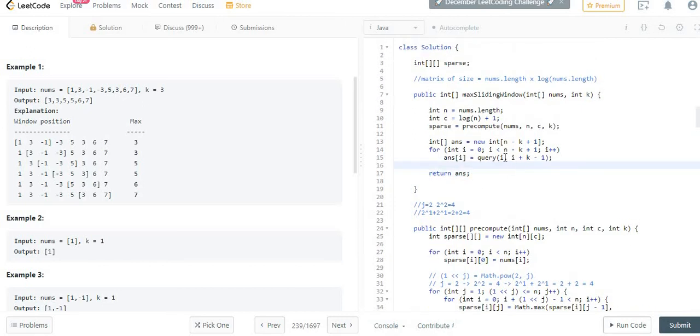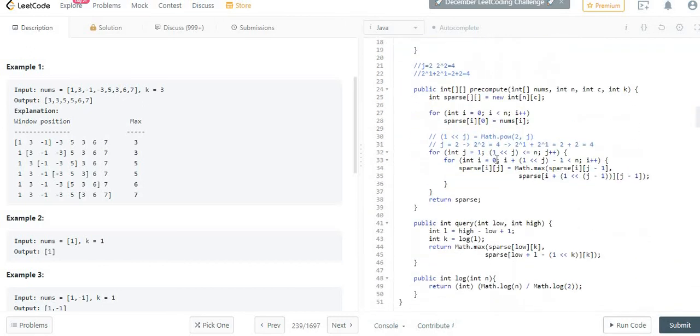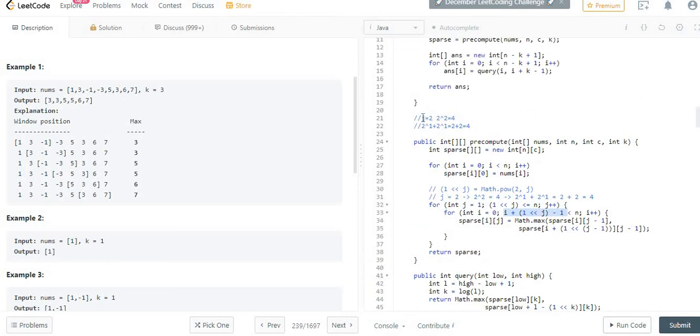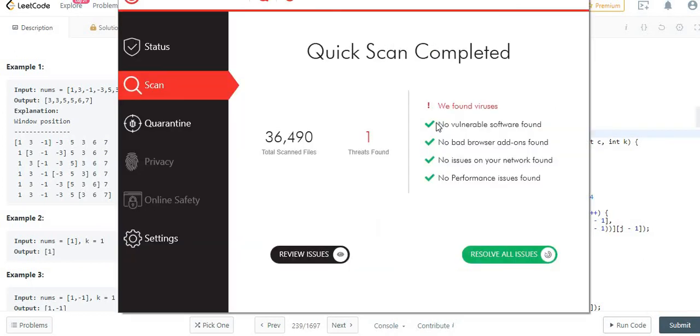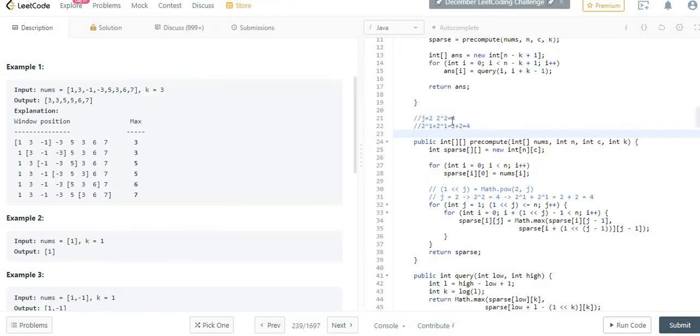So it is slightly difficult to explain these formulas, because these are 2 to the power j operations, and the idea is that whenever you get the j value, for j equal to 1, 2, 3, every time it splits the final value into chunks.